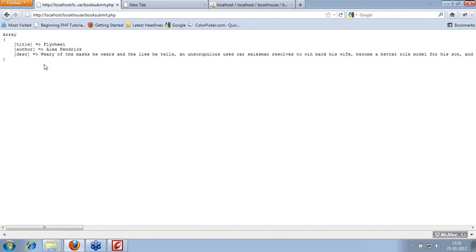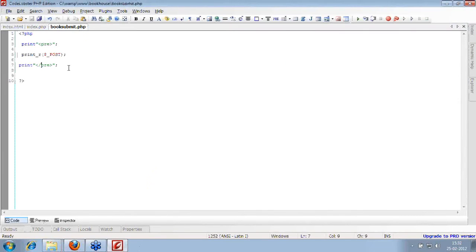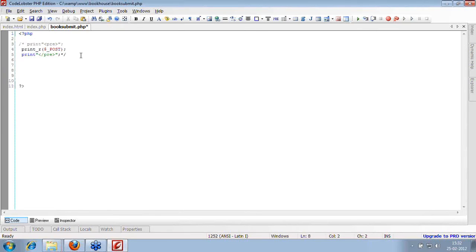So that means we have posted the data and this file received the data. So we have data ready to store into a database. Let's see how to connect with the database, store all this information in the database and pull it back out. This is the file where we are getting our data, so we can just put a comment out here. As we have seen, we have a block comment and a line comment. I'm using a block comment just to put this as a comment because we have used it. We can just remove it. You can put a single line comment to